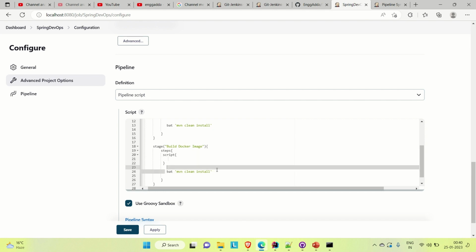and let me remove this as well, and here we need to run the script or command to build our Docker image. So the command to build our Docker image is docker build -t, and then you need to provide the name of your repository and then the image name that you want to generate. So let's say my repository name for the Docker Hub is EnggAdda. I will show you when I log into the Docker Hub. So it is EnggAdda, and then